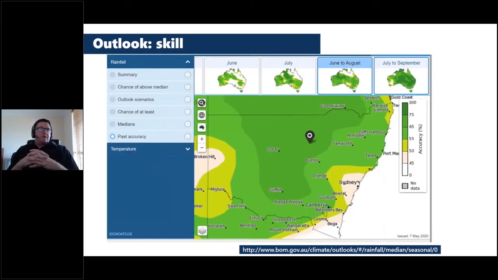Same website, down on the dialog box there. If you actually want to have a look at past accuracy scores, you can. You click on that. Quambone's the dot there. You can see again, these are quite high skill levels, 55, 65, 75%. It means that it's picking that above median or below median, that binary probability, generally 6.5, 7.5 times out of 10. But like I said before, bear in mind that skill score changes over the year. It's good to keep updated with it.